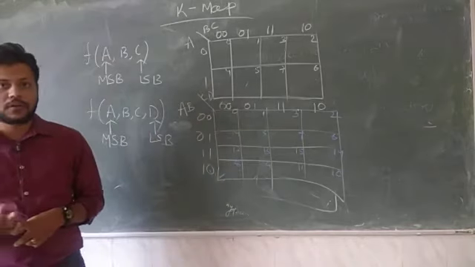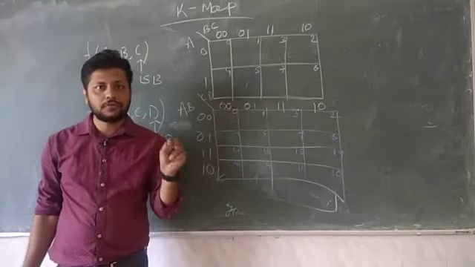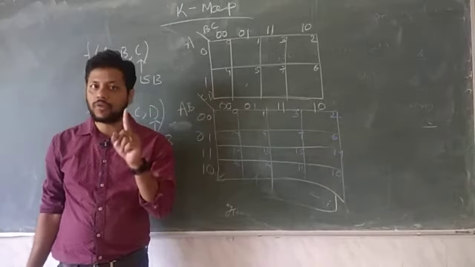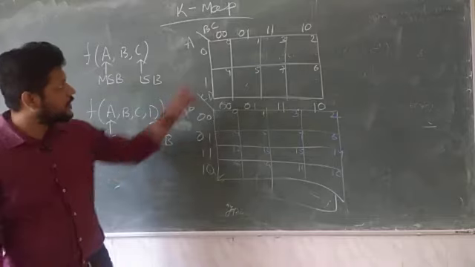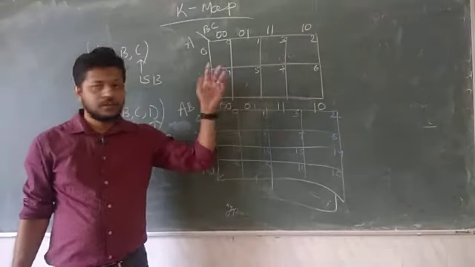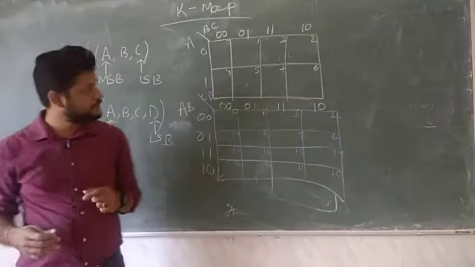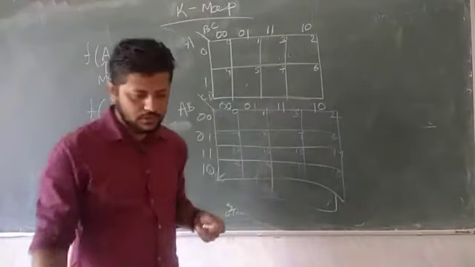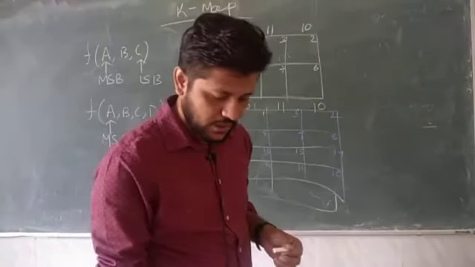In sum of product, each term is known as a min term, and the addition of all the min terms always gives you 1. That means if all are 1 here, then the combination of 8 cells gives you 1. Next we will see how to solve some questions on K-map.